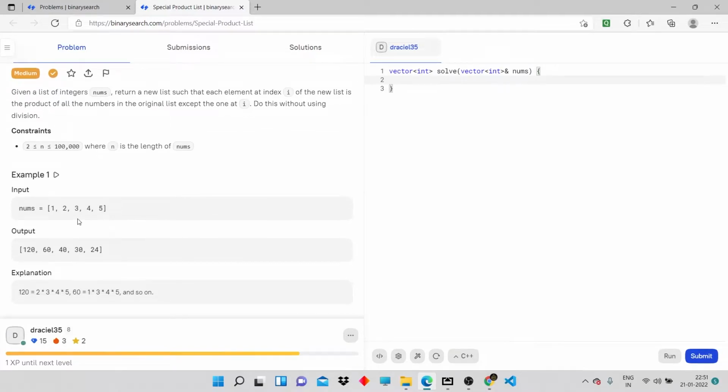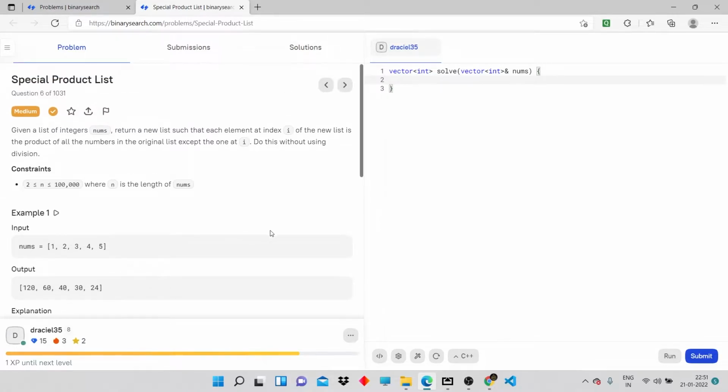So let's see the sample. Sample is 1, 2, 3, 4, 5. So output is 120, 60, 40, 30, and 24. Okay, so let's see the sample here. We are given 1, 2, 3, 4, and 5. So what we have to do for every index, we have to find the value, and the value will be the multiplication of all the numbers except that index